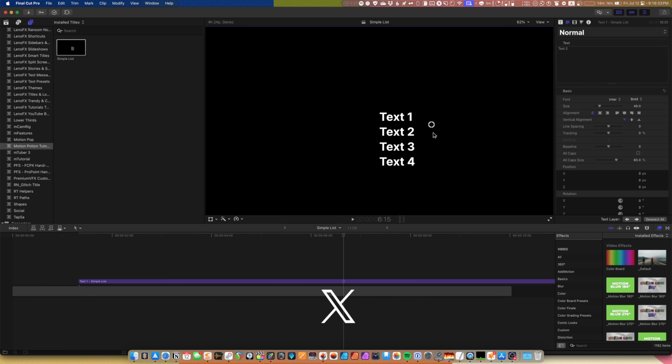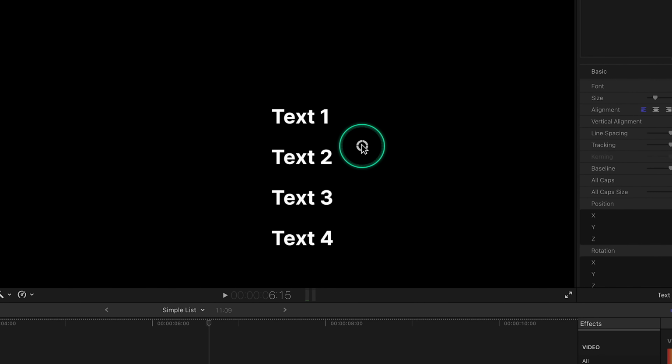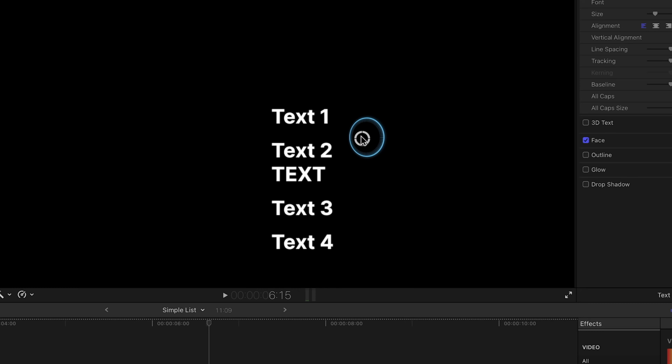In this video, I'll show you how to create a simple list plugin that allows you to adjust the spacing with an on-screen control, like so, and that can also maintain the spacing if one of the items has multiple lines. So if I add one more line here, well, spelled that wrong, you can see that the spacing remains